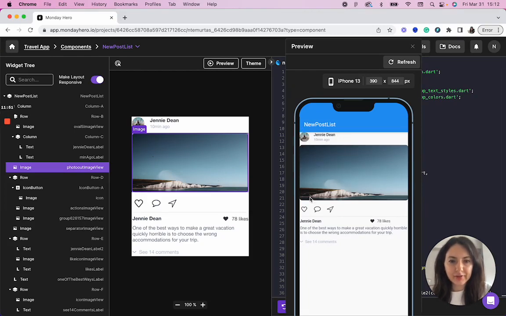Yes, here this looks almost the same, but as you can see here, there is a heart icon, and the likes text is not